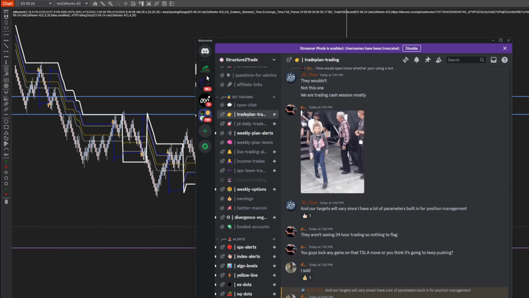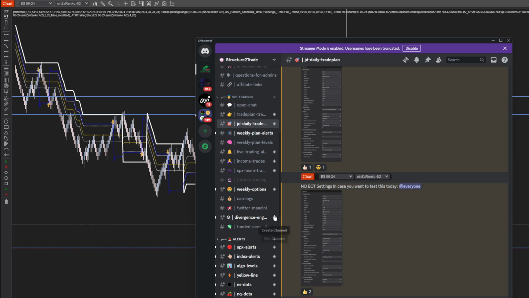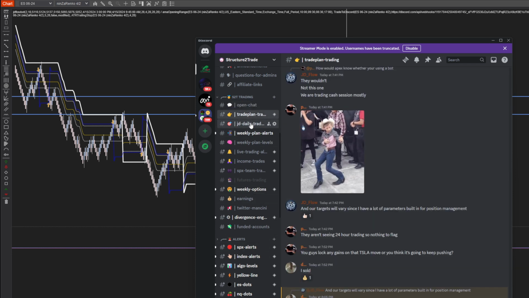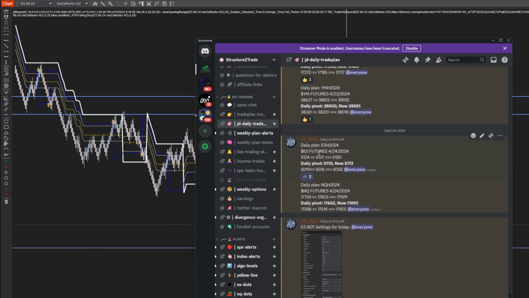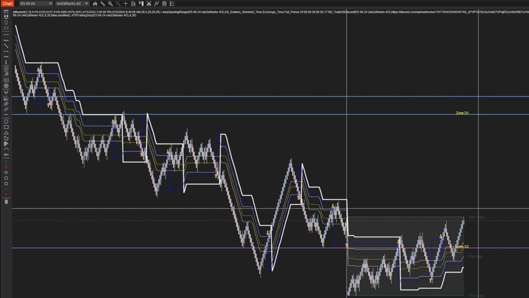It gets posted right here, if you're part of my Discord group. Levels get posted here. You can see them. So let's keep these levels handy because we will need them in a few minutes. All right, so